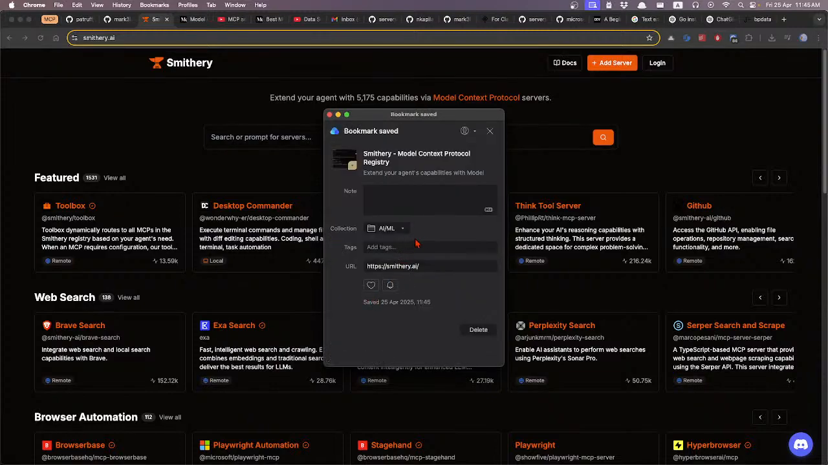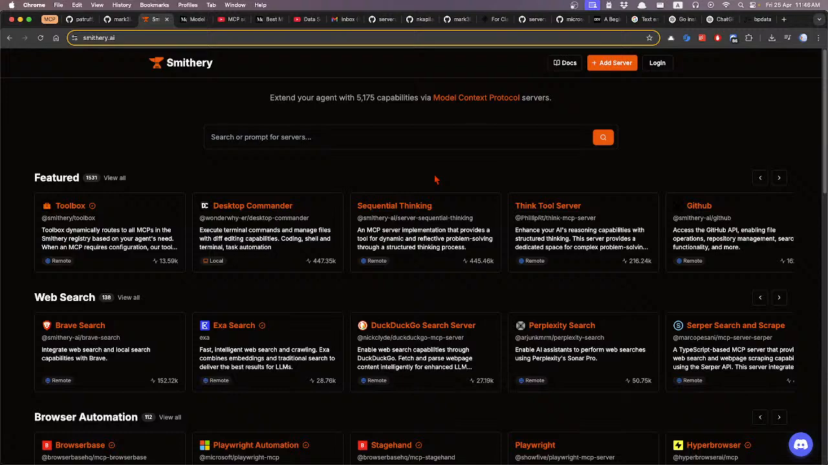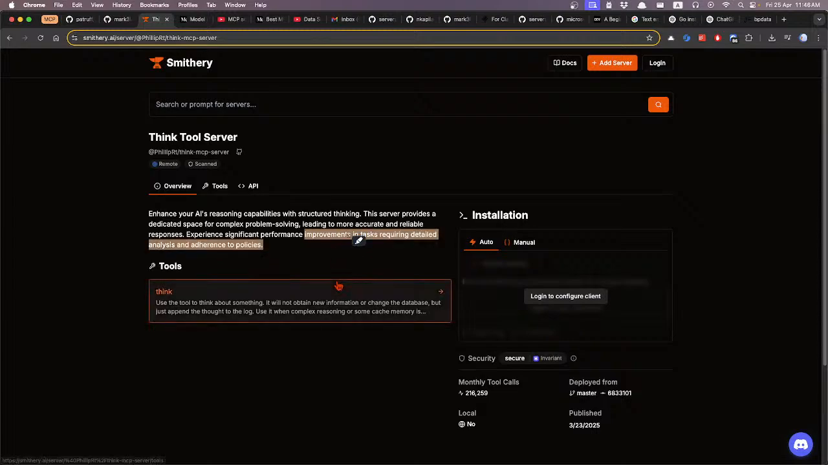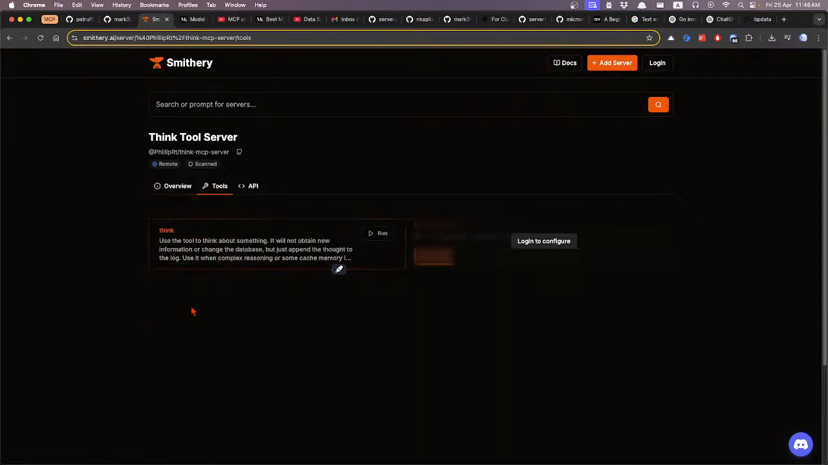Let's say, to MCP, thinking to launch AI using capabilities with structured thinking. The server provides a dedicated space for policies and, I think this is a